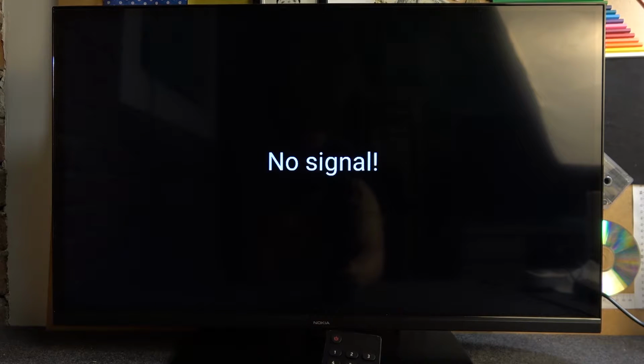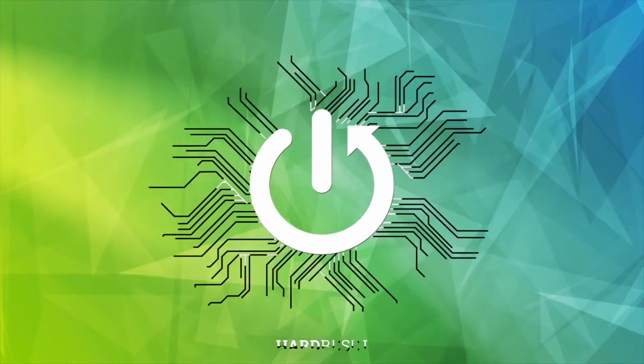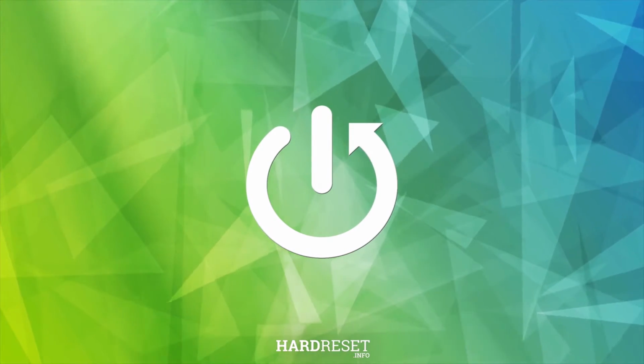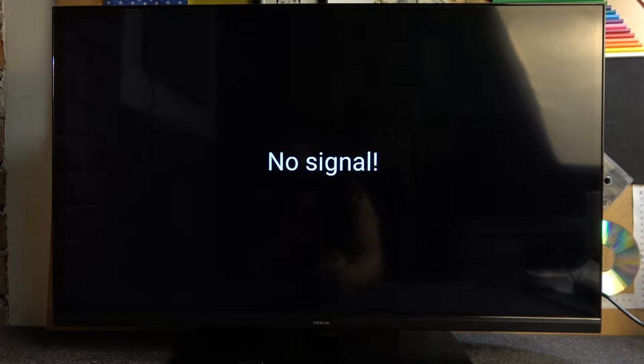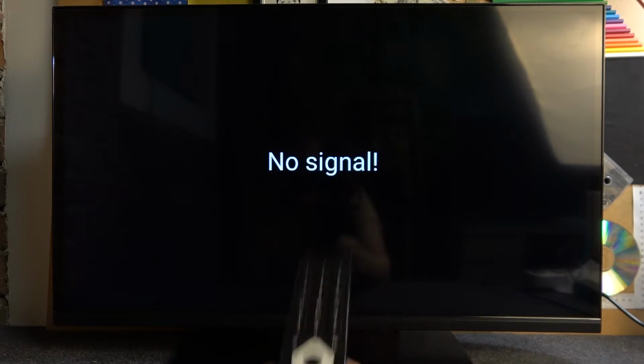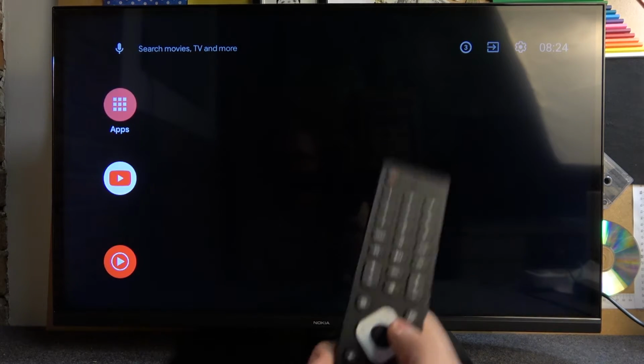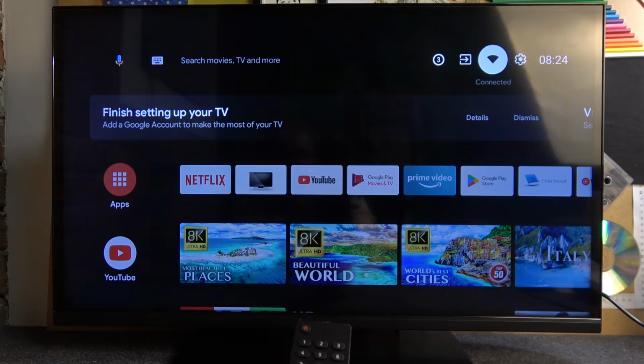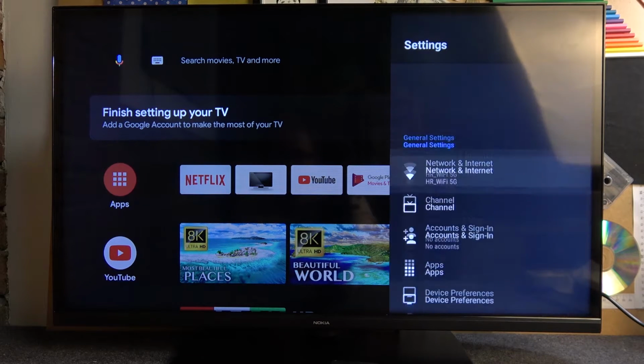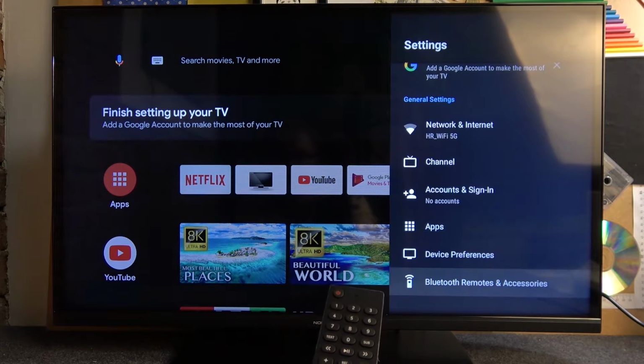Hello, in this video I want to show you how to reset default settings on a Nokia Smart TV. To do this we'll need to click on the home button on our remote, then move up using the joystick so you can find the settings, and right here scroll all the way down